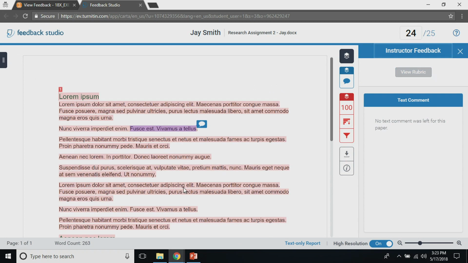So what we can see now is a couple of things. We can actually see a big red area, which is telling me which parts of this are plagiarized, and I think you can probably see why they're plagiarized. I can just dismiss those red marks for now by clicking on this similarity layer over on the right hand side, because the bit that I want to show you is the blue bit, the bit where we have comments